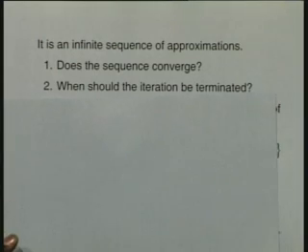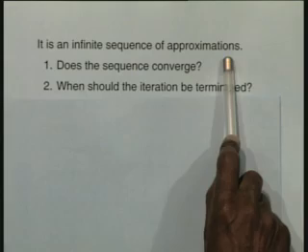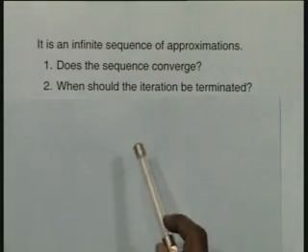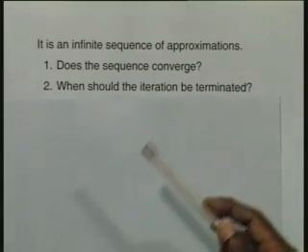Now we have just mentioned that what it gives us is an infinite sequence of approximations. It is very important for us to know, does this sequence converge at all? What is the convergence criterion, and how are we going to impose it? Secondly, it is an infinite sequence of approximations, so when do we stop this iteration? Theoretically we are doing infinite cycles of computation, but we have to terminate at some stage, and the termination could be that we need a particular accuracy or some other criterion, so that the iteration can be terminated.